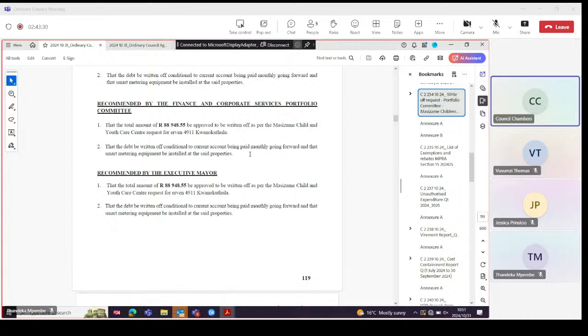So let's move forward, Speaker, on this item. Thank you, Madam Mayor. Thank you, Speaker. I wanted to support the extra recommendation and also add on to what Councillor Hereby mentioned in terms of our policy. I know we did look at our policy in the last financial year in terms of the welfare organizations. But maybe if we bring that report, we can revisit it again,